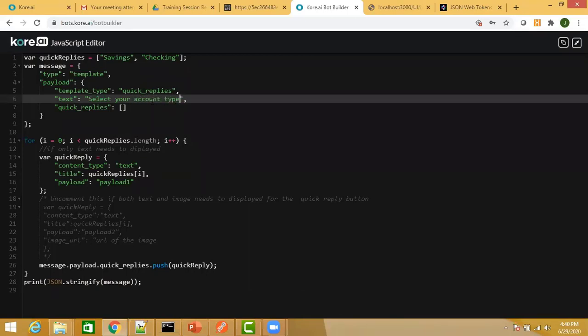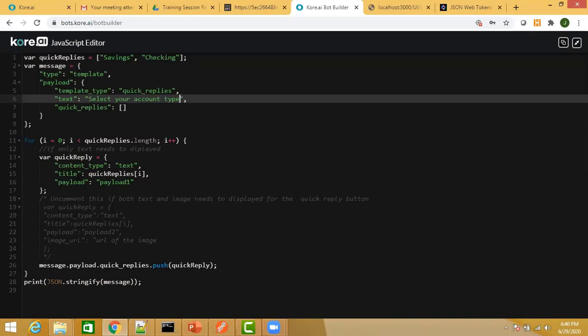That is the text, and then what will be displayed in those buttons, and if the user clicks on that, what will be the response returned from this particular template, because it is an entity node which we are using over here. If the user clicks on the savings button, the value of savings should be stored within that entity.